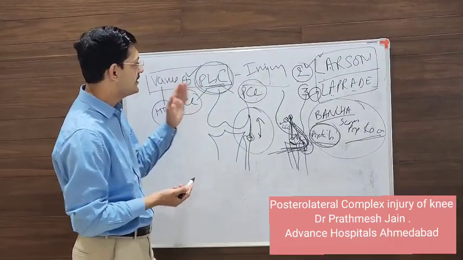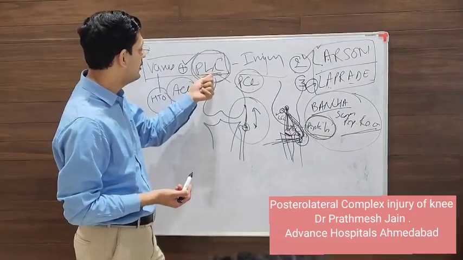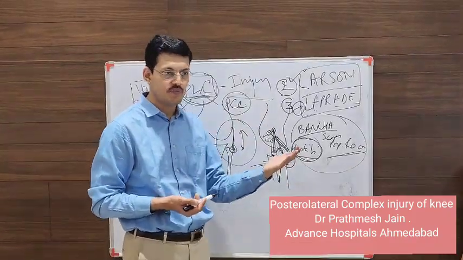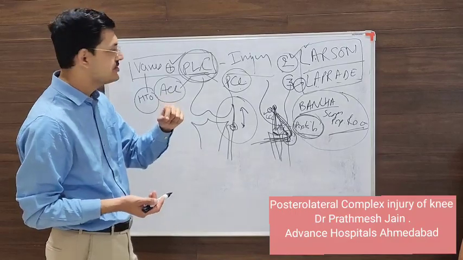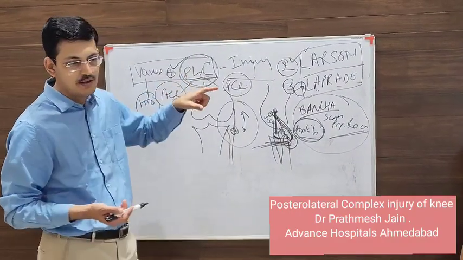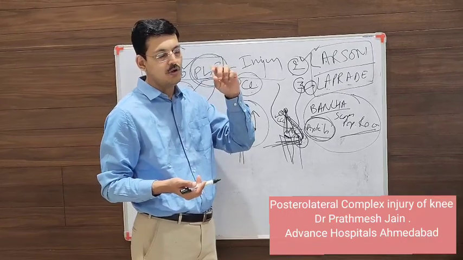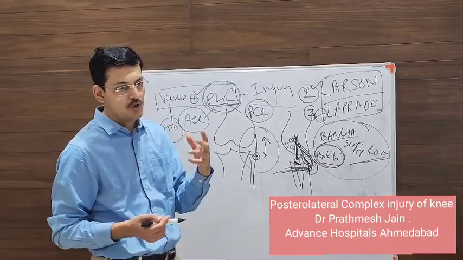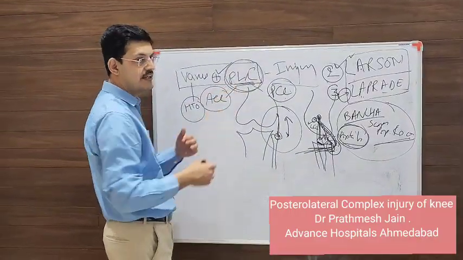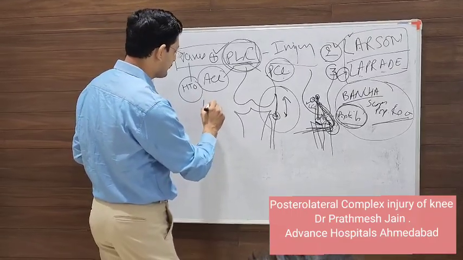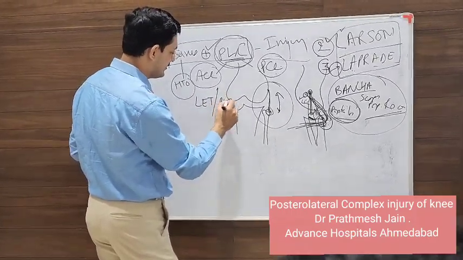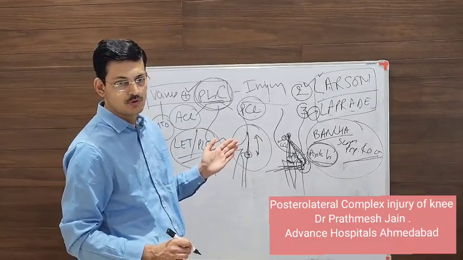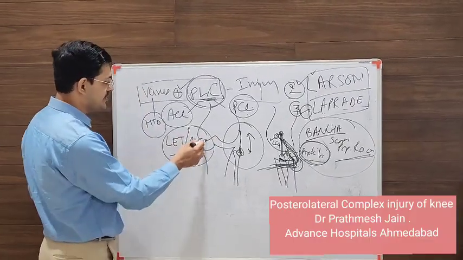Okay. And the other thing that is very important is that a neglected PLC injury is the most common cause of failure of the ACL. The other important thing here is that for ACL supplementation, as a supplementary procedure in a revision case, you either do a LET or you do a PLC. Now to identify which is to be done is very important. So don't do a LET for those patients in whom there is a PLC.